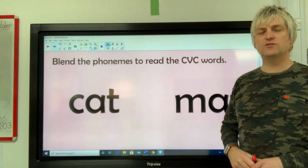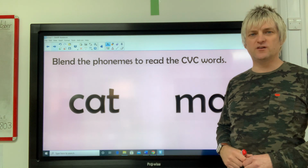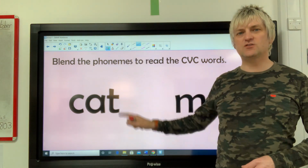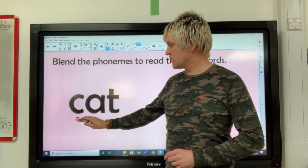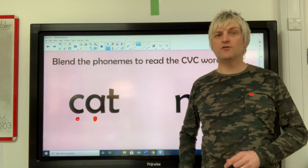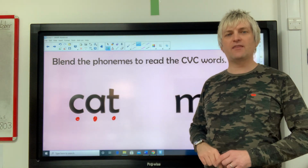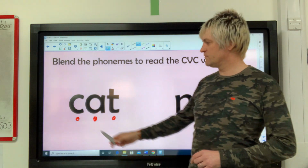We're going to do a little bit of blending now. That means that we're going to have a go at reading the words. And I'm going to use some phoneme buttons to help me. So watch carefully. I'm going to put my phoneme buttons underneath each phoneme in this word. First phoneme, the second phoneme or the middle phoneme, and the last one, the final phoneme. I'm going to say each phoneme and then I'm going to try and blend them together so I can hear the word. I've got k,